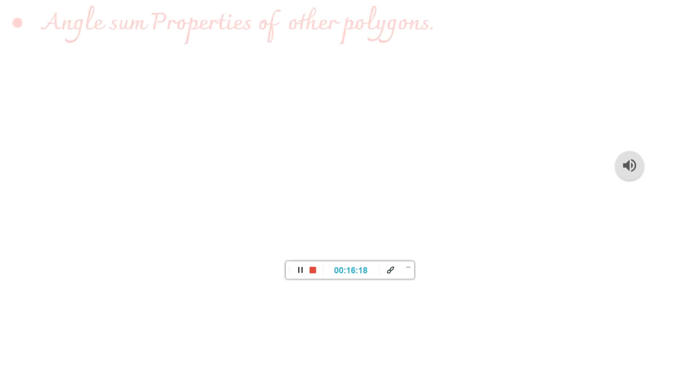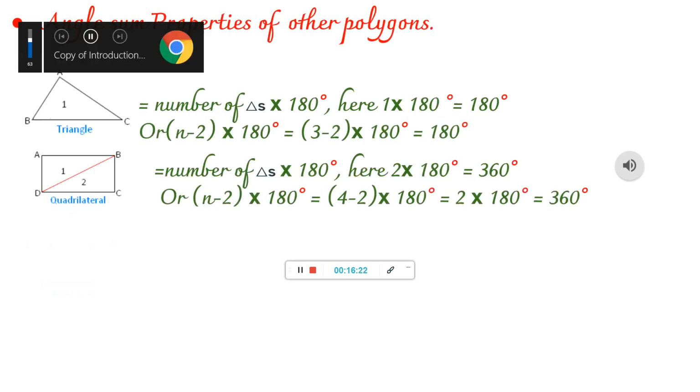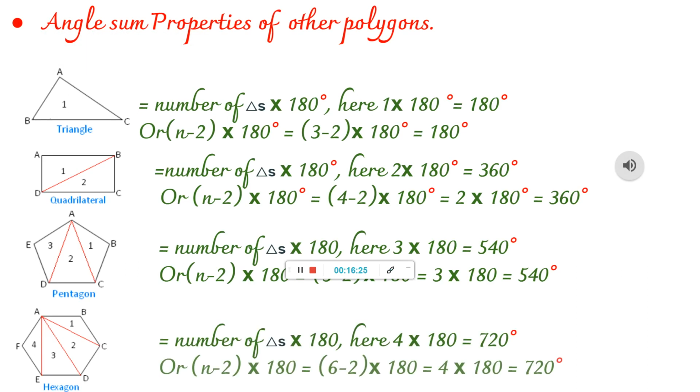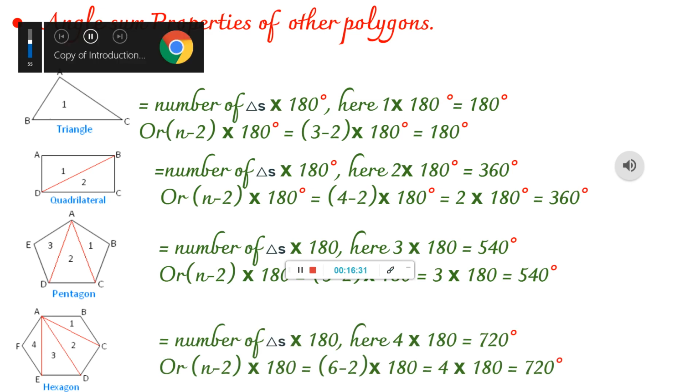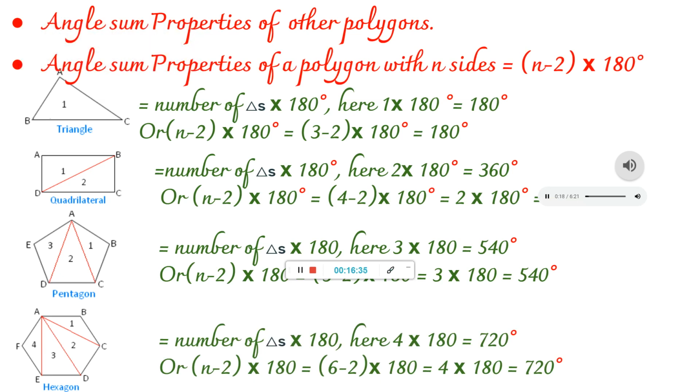So let me start our next topic, that is angle sum property of other polygons. Okay. Now this was only about the quadrilateral, what we have done now, isn't it? What should be the angle sum property of other polygons? Because we saw that there could be a polygon with 10 sides. There could be a polygon with 20 sides. So if somebody asks that, what should be the sum of the angles for a polygon?